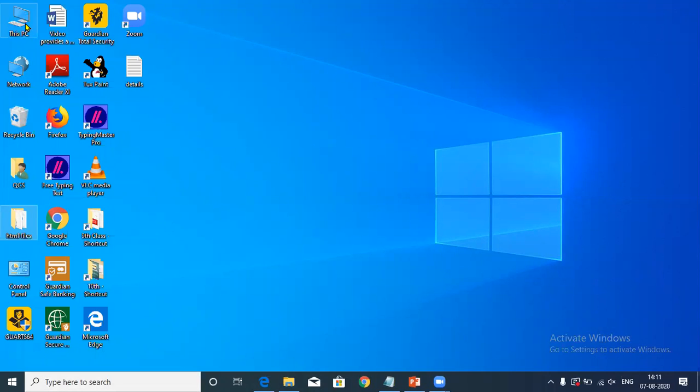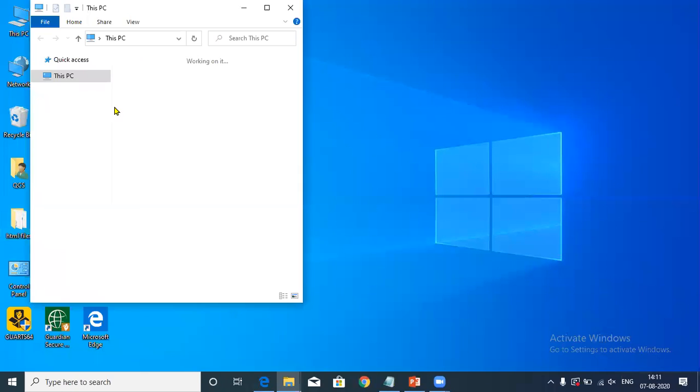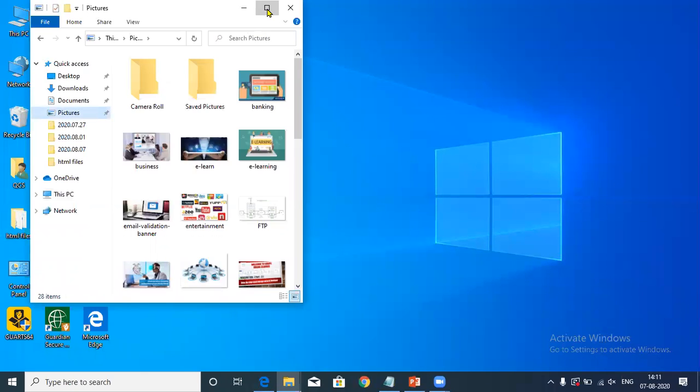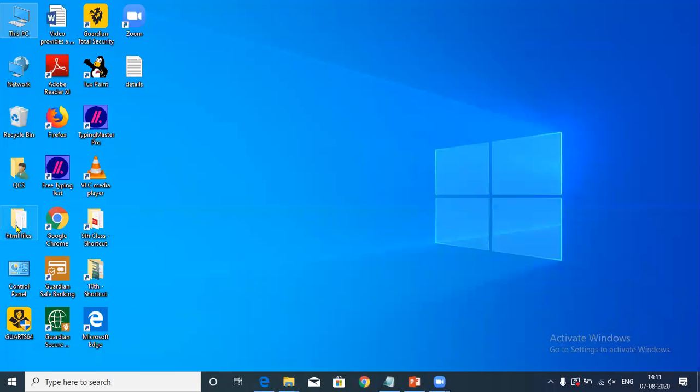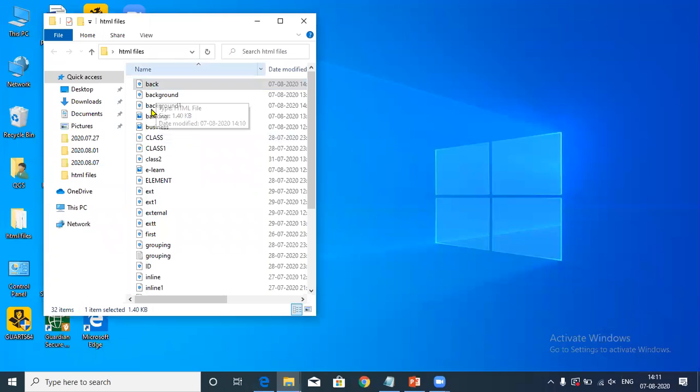First of all, we will copy one image from its original location to the location where we want to have it. For example, I am going to copy this image. I'm going to copy that particular image to my folder where my HTML page is saved.